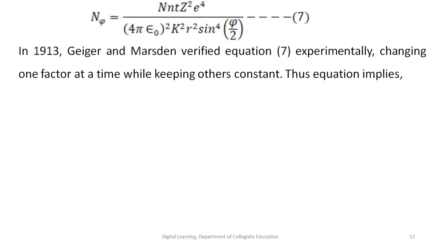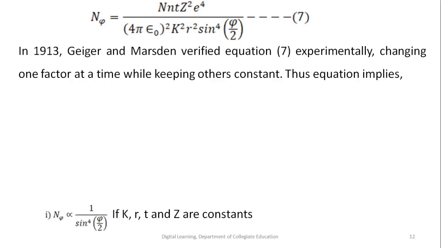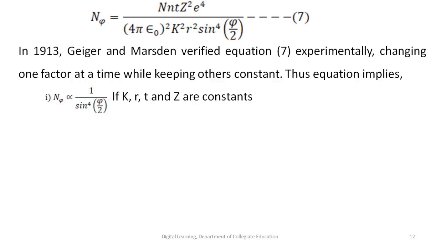So in 1930, Geiger and Marsden verified this equation experimentally by changing one factor at a time and keeping others constant. Thus, the equation shows that N phi is inversely proportional to sin power 4 phi by 2 if K, r, t and Z are constants, and N phi is inversely proportional to square of the distance between the screen and gold foil if K, r,